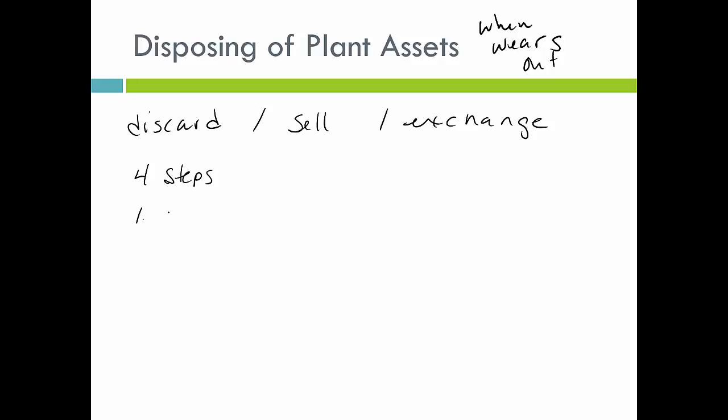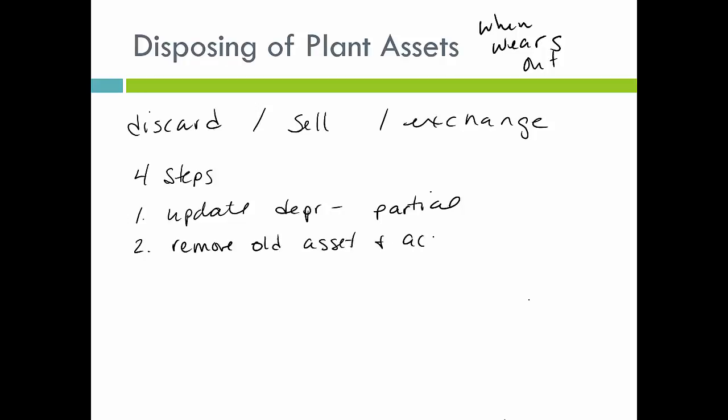The first step is to update the depreciation. And you're probably going to have a partial year to deal with here. Unless you sell it on December 31st, you're going to have a partial year depreciation. That's the first thing I have to do to update the accumulated depreciation and get the new book value of it. The second thing I'm going to do is remove the old asset